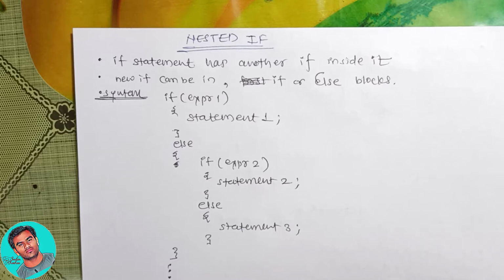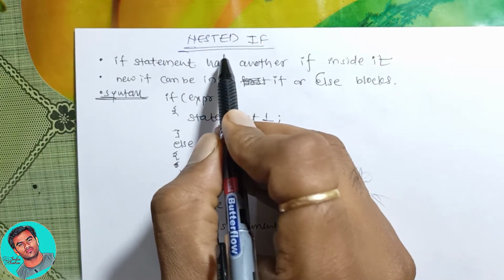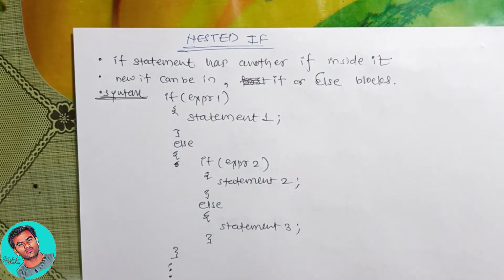In this lecture, we are going to discuss the nested if-else statement, or nested if statement. What is the need for it? If there are multiple conditions, we need to satisfy all of them, and a simple if-else statement is not enough. The nested if-else statement allows us to insert an if-else statement in an if condition or in an else condition. That means we check multiple conditions at the same time, after satisfying the first condition.